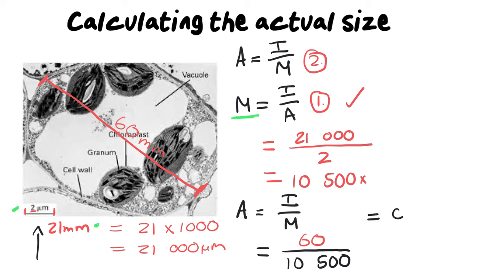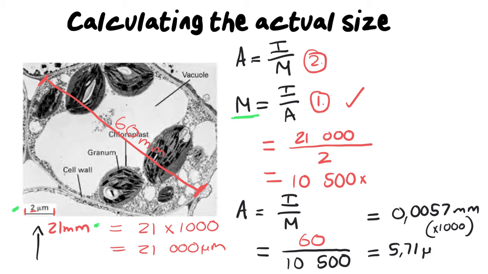and that will give us what is actually quite a small number. It is 0,0057. You could potentially round it up. It's quite a long number on your calculator if you do it now. But right now, this is still in millimeters, because remember, I measured the full length of the cell as 60 millimeters. So remember, what do we need to do? We need to times this by 1,000 so that we can get it into micrometers. And that's exactly what I'm going to do. So I'm going to go times by 1,000 on my calculator, and it will give me